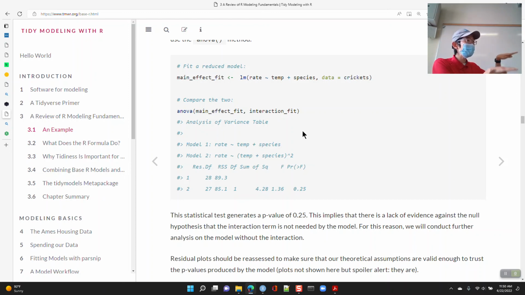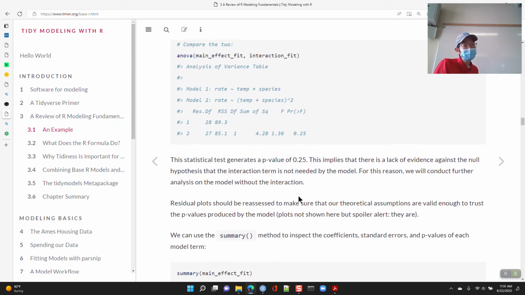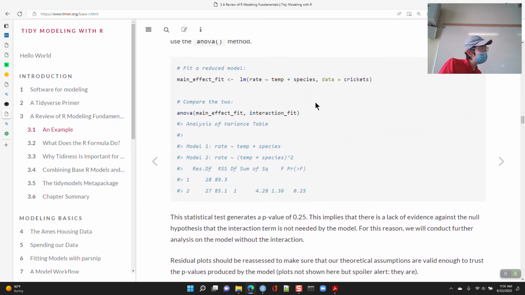How do we compare these things? Did you guys do this in 101A? You do ANOVA to compare a complicated model with a less complicated model. The first argument is the less complicated one, and then the more complicated one, and you see what the p-value is associated with using that additional degree of freedom. The less complicated model has 28 residual degrees of freedom, and for the more complicated model you use up an additional degree of freedom for that extra parameter you're estimating, and it asks, is it worth it? Here we get a p-value of 0.25, and we say it wasn't worth it. So let's just stick with the main effects model without worrying about the interaction.